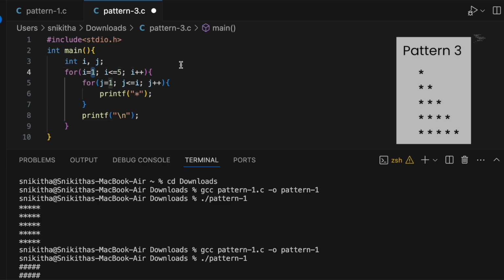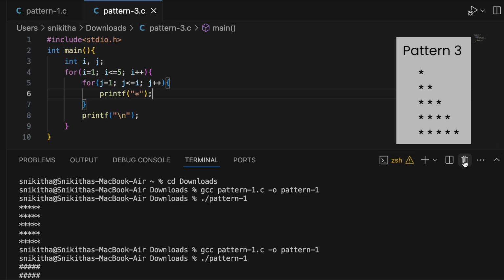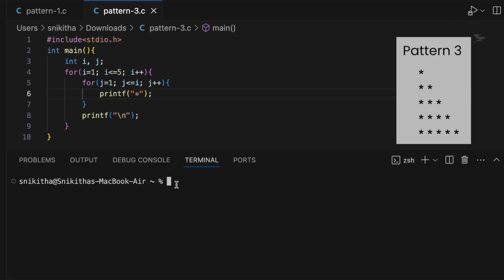So in this way we can write the code for this pattern. While i is equal to 1, the j value is from 1 to 1, that is the inner for loop will only print 1 star, and we'll go to the next line. Then the i value is incremented to 2, and the inner for loop runs 2 times, that is for j equals 1 and j equals 2, and the loop will print 2 stars, and so on